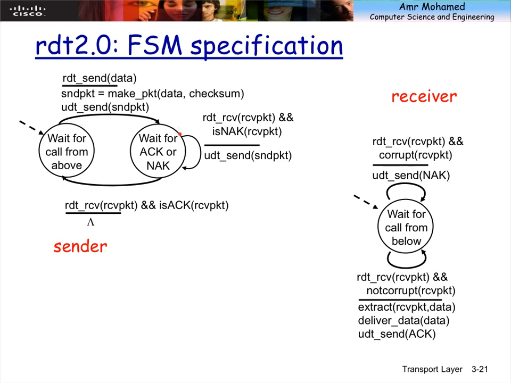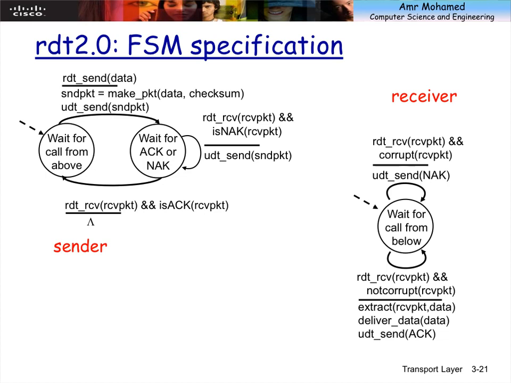If I receive a negative acknowledgement, then I resend and wait for it. If I receive an acknowledgement, which is this case, I don't have to do anything. This means that whatever I sent has arrived. So I don't have to do anything. This is like phi. I don't have to do any action. But I need to update the system state into the initial state. Wait for packet to come from above. At the receiver side,